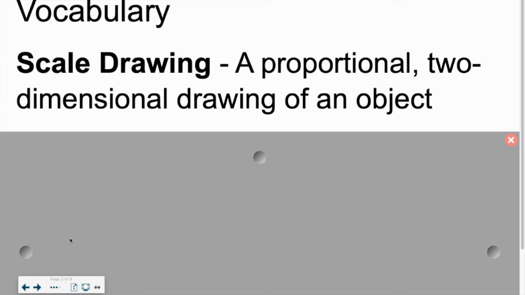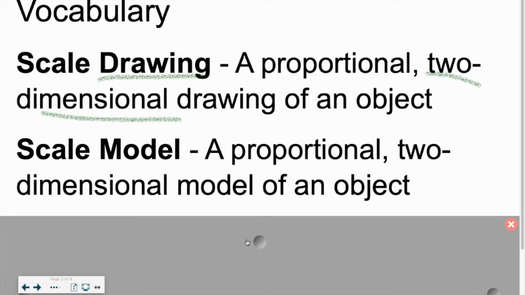Again, a scale drawing would be a proportional, two-dimensional drawing of some sort of object that is too big or too small. Usually we talk about how the cell or the cell membrane has been drawn out for you and it's larger than what we can see. So all those pictures of them have been proportionally made bigger for us to view something that is too small. A scale model correctly should say that it is a proportional